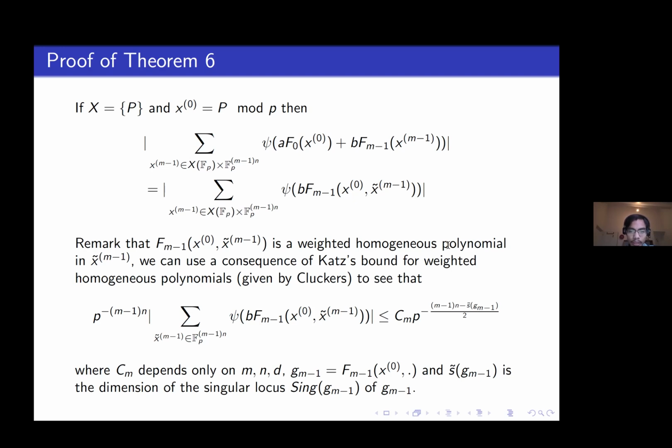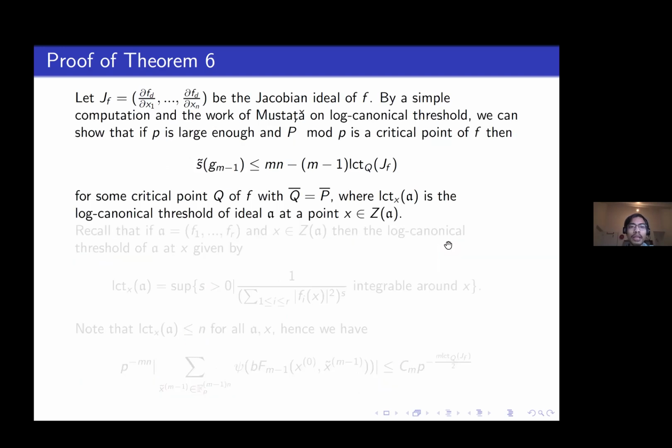In affine space, we can have a bound in terms of x tilde, Z_{m-1}, with Z_{m-1} denoted by the function as a polynomial in x tilde, where x0 is a constant, and x tilde here is the dimension of the singular locus of Z_{m-1}. Let Z_f be the Jacobian ideal of f, and by a simple computation